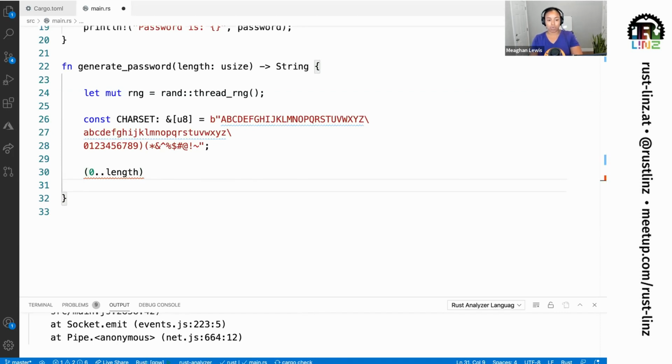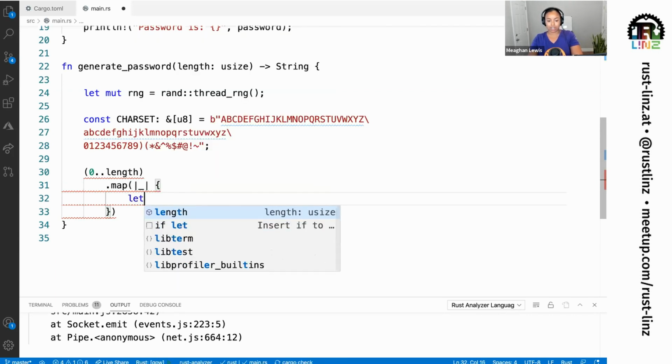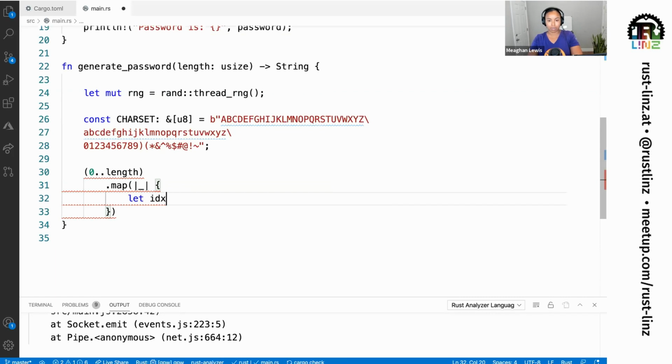And then I also want to use a map. A map is going to basically produce a new iterator, which is going to allow me to pass in those values that I defined above. So starting at 0 up until 11, or whatever the length of the password is that I defined, but it is 12 by default. And then I can use this annotation to say I'm going to pass in each one of those iterators. It's going to get a little bit messy, but we'll get there.